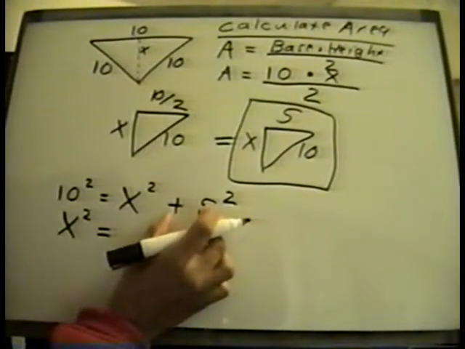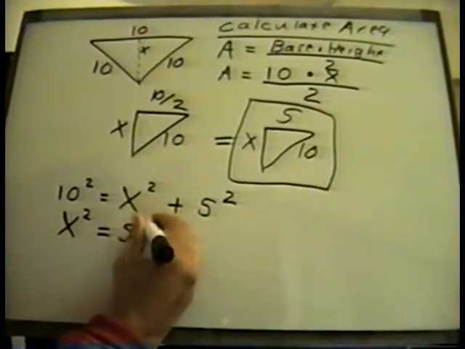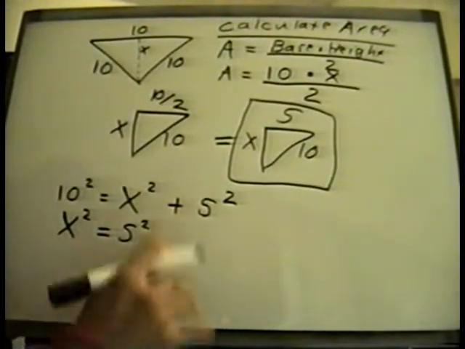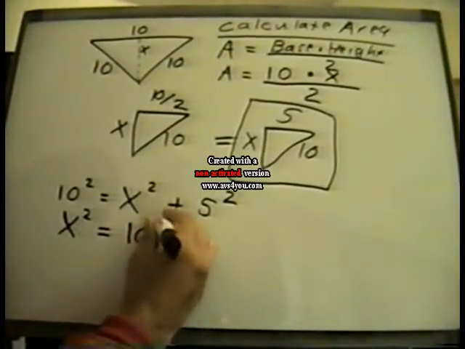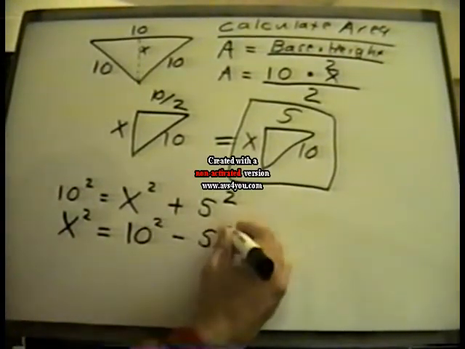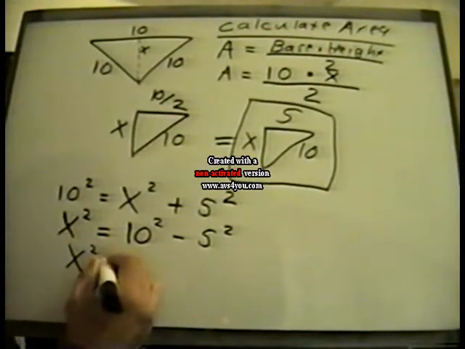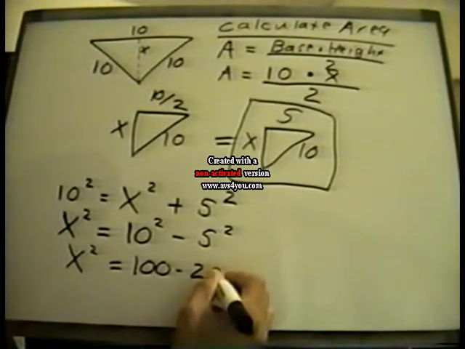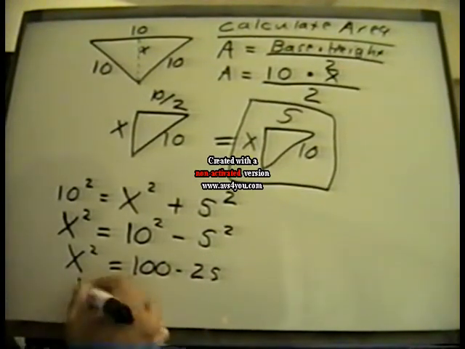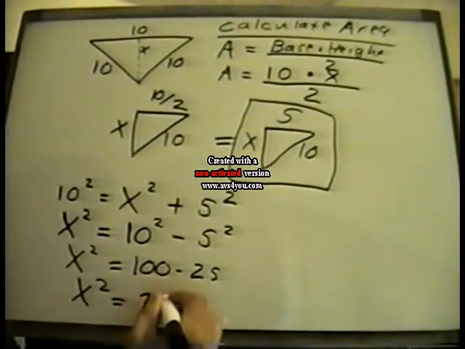Now to isolate the square of x, we subtract 5 squared from both sides. In which case you get 10 squared minus 5 squared. So x squared is equal to 100